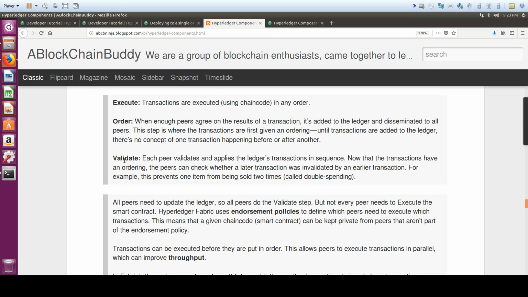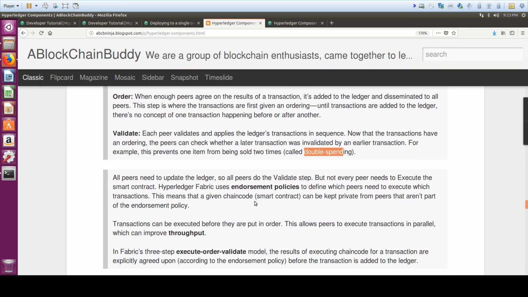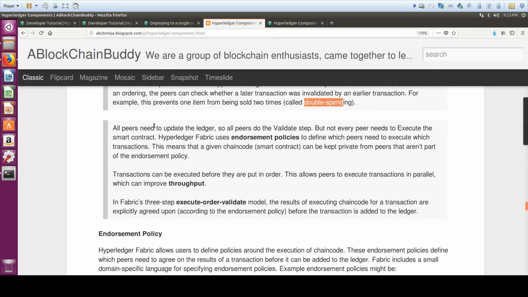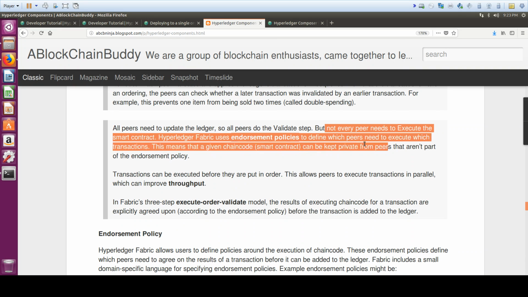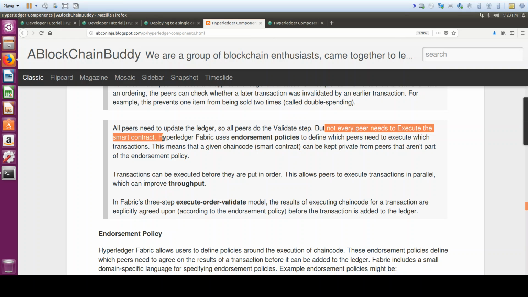So there is a validation to avoid double spending. All peers need to update the ledger. So all peers do the validate step, but not every peer needs to execute the smart contract. Okay, only one kind of peer executes the chain code or smart contract,